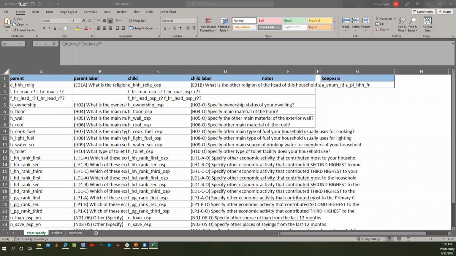Is it required to add this instead of the star? Yes, so you can use both, but as I said, you have to be careful. In this specific situation, if you have a star, when it's expanding the parent, it will include the OST underscore R variables, which you don't want because they are not parent variables. Depending on how you name your variables, you'll be the one who is more familiar with your data set. If you are extremely confident that a star won't include other variables that you don't want, you can use that. But if that is not the case, it's better to use the question mark, because that is more specific and will get you exactly what you want.